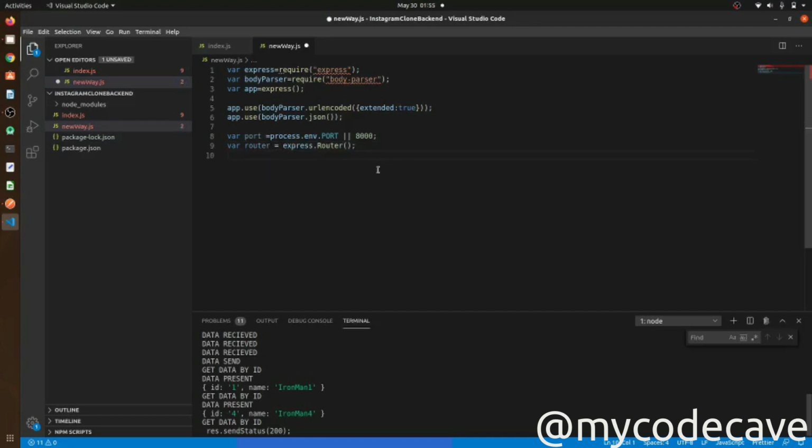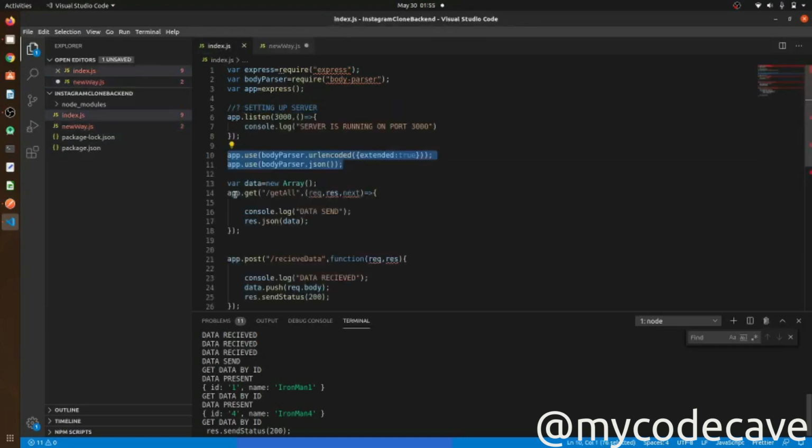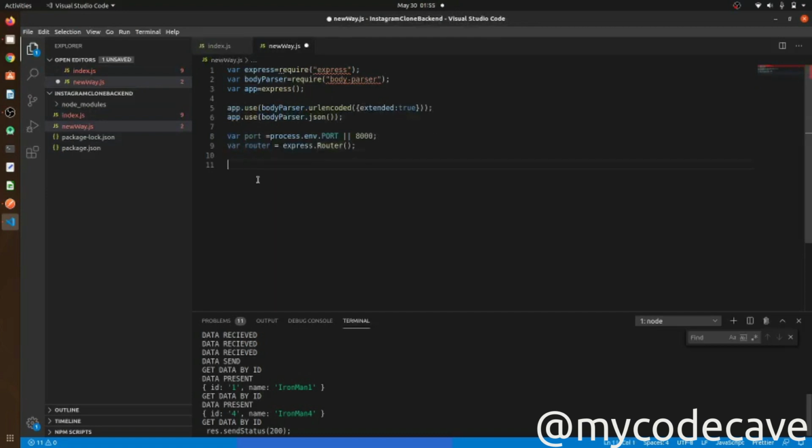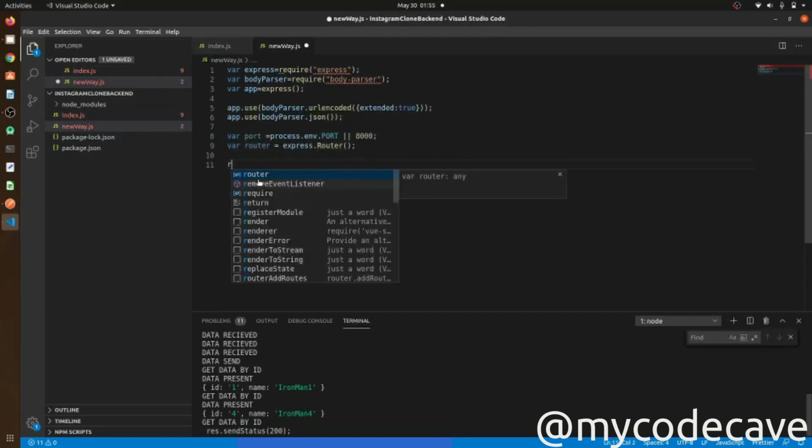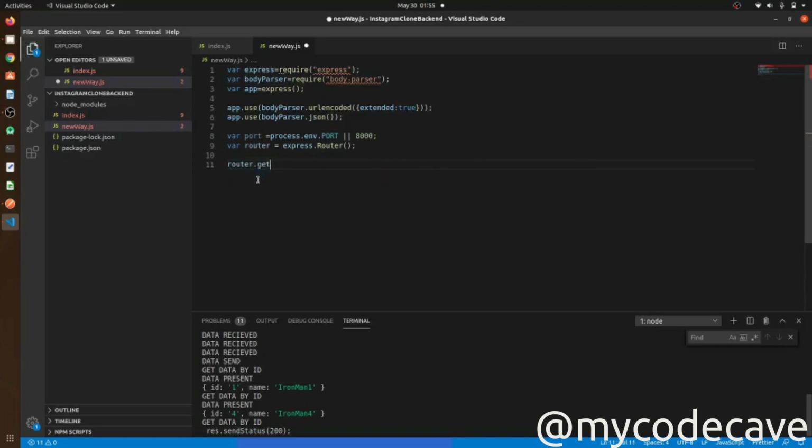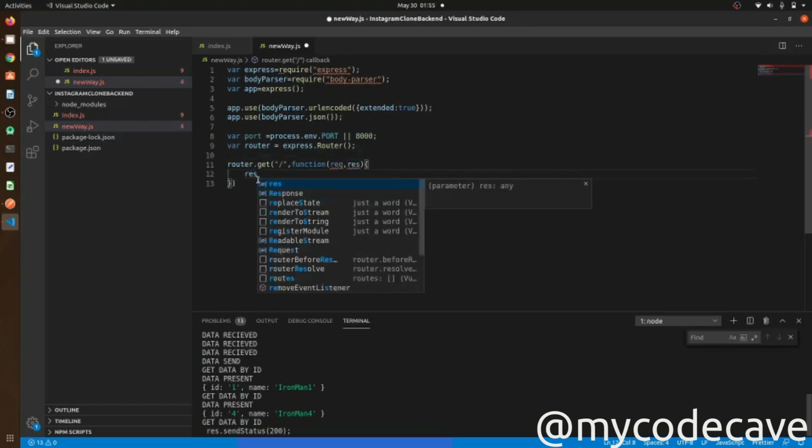Okay, this is a way in which you can do something. Now in our previous part we used app as our main thing. Now we will use router as our main thing. Router will help us do everything, like router.get. We will just give a slash, so that if someone starts with a slash, it will show you some of the things. Like a function, it will give a request, response, and after that it will just return a response.json,